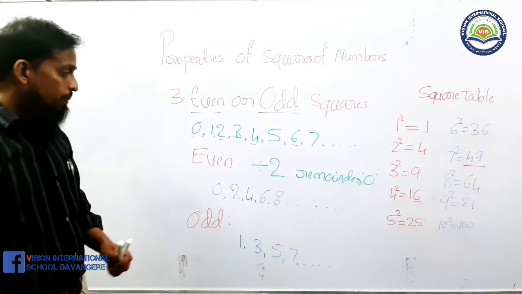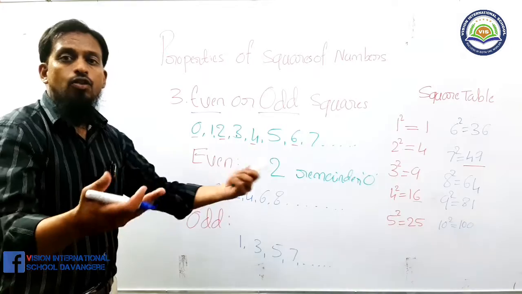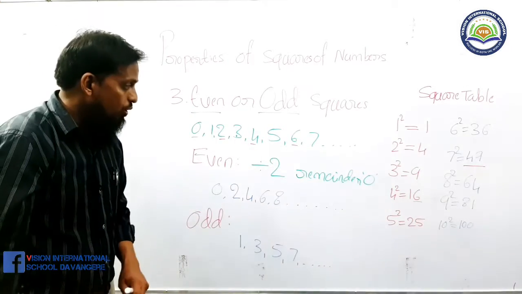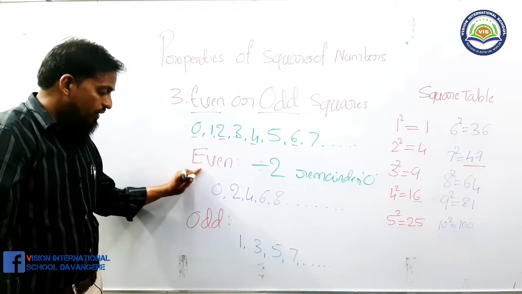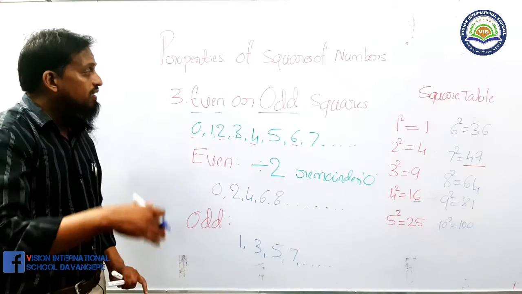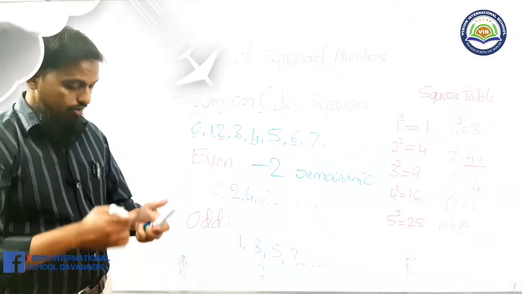How can you define an odd number? The number which, when divided by 2, leaves a non-zero remainder. Any number apart from 0 that comes up like that is called an odd number. Now that the picture of even and odd numbers is clear, we'll learn about squares of even and odd numbers. The question will be asked,